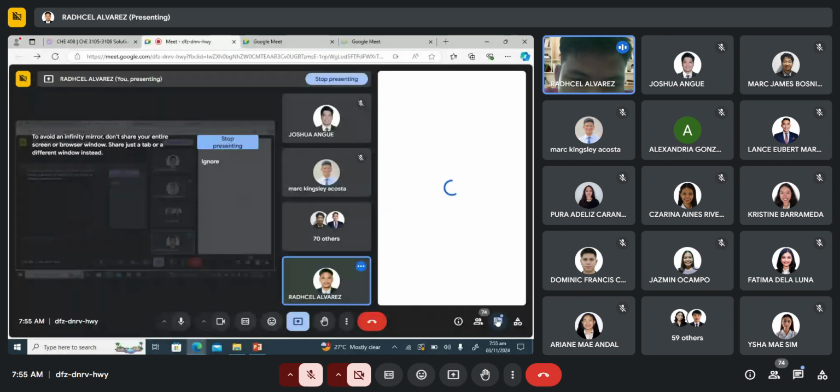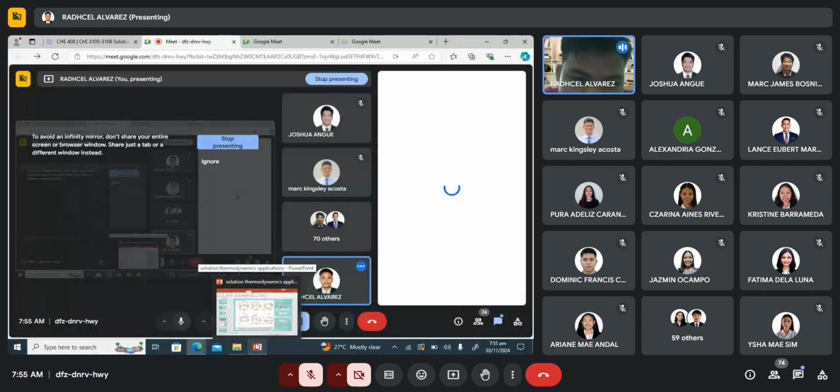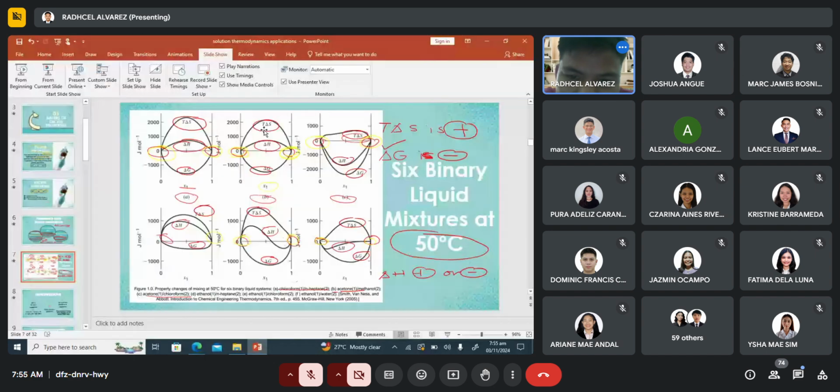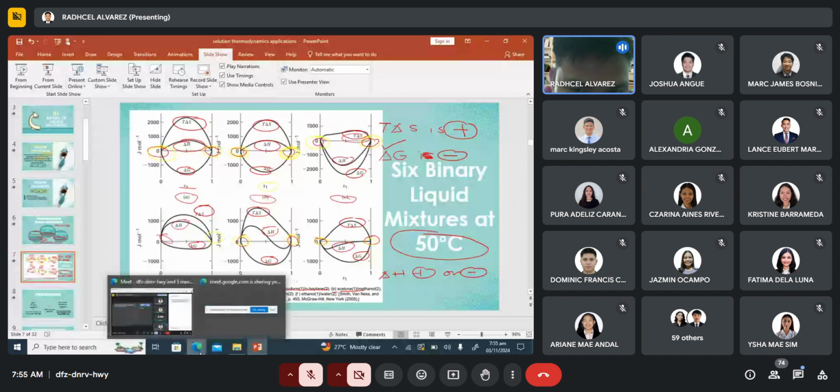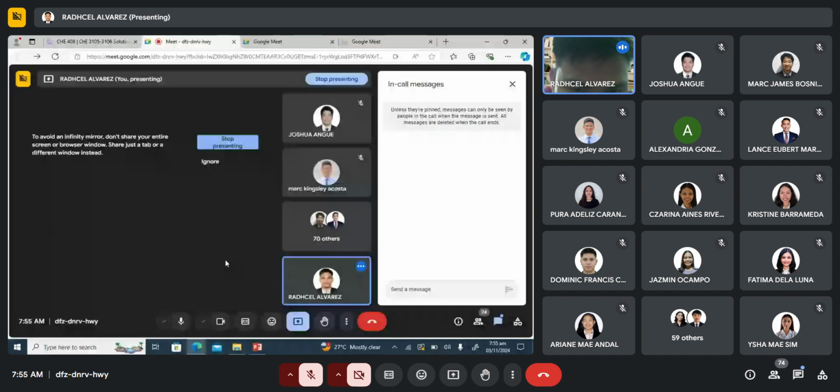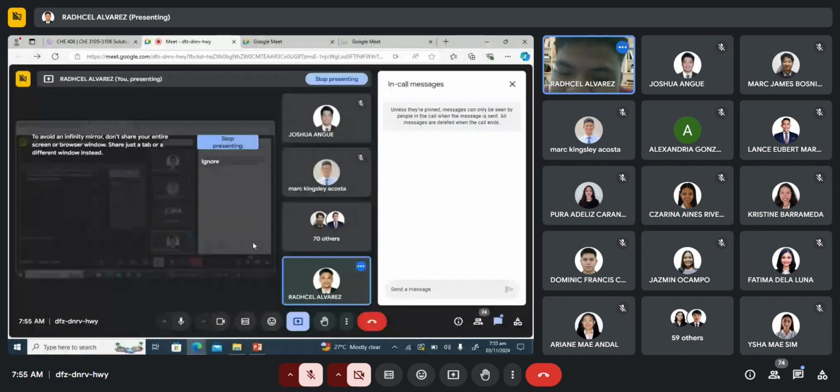Pero ano napapansin niyo doon sa property? Nag-equalize po yung values nila as they approach kapag halimbawa ideality. 0 or 1 yung concentration, ano ang nagiging value ni T delta S, delta H, at delta G? Dito 0, tas dito sa 1. Anong nag-a-approach saan yung kanilang values? Nag-i-equalize sa